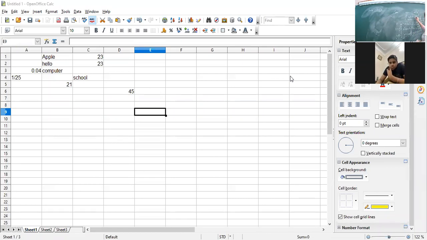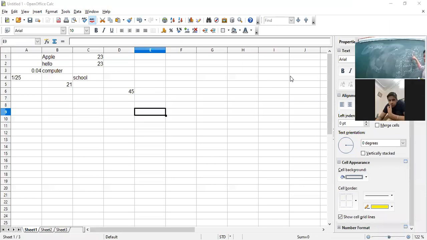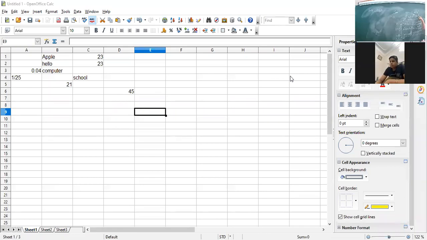So this is relative, because when you copy, our content is changing. Clear? We are going from B1 to C1. The row is the same, but the column is changing. So in this case the column will get changed, but the row will remain the same. Similarly, the column is changing by one step, but the row is the same. Is it clear, the relative referencing in this case?